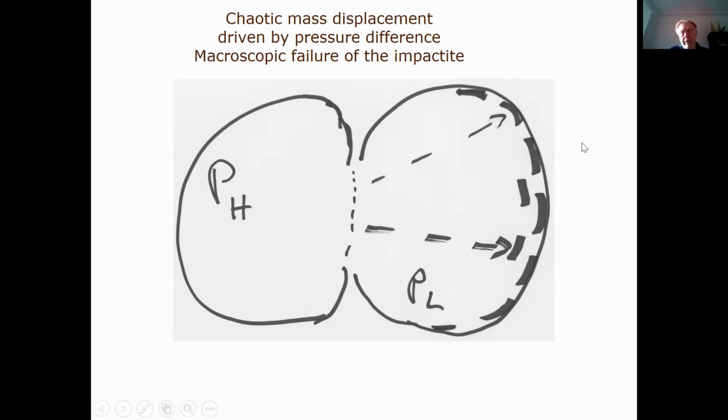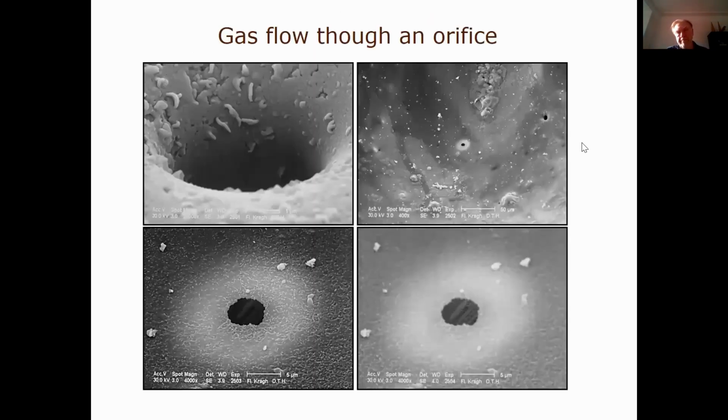Now, macroscopically, this pressure release means that we actually blow off the top of the normal impact site, so that we expose all the vesicles. So this is the reason why we have exposed vesicles in the impact site that I just mentioned that we found. And that, of course, gives some interesting perspective.